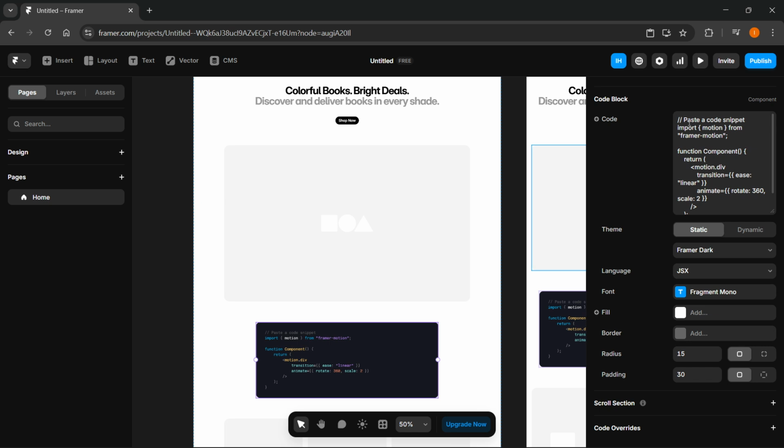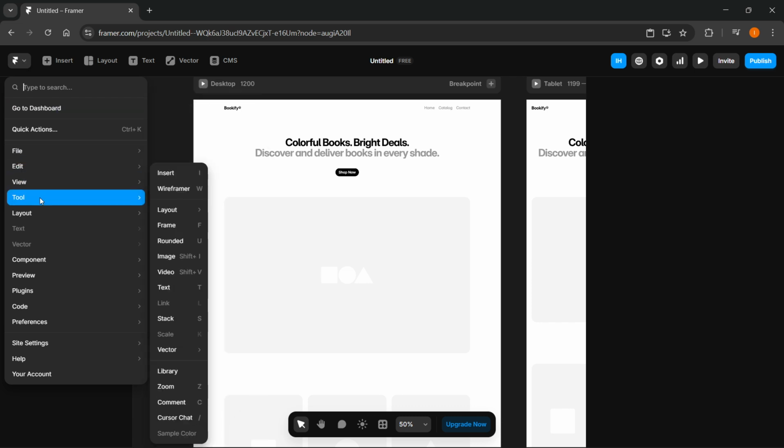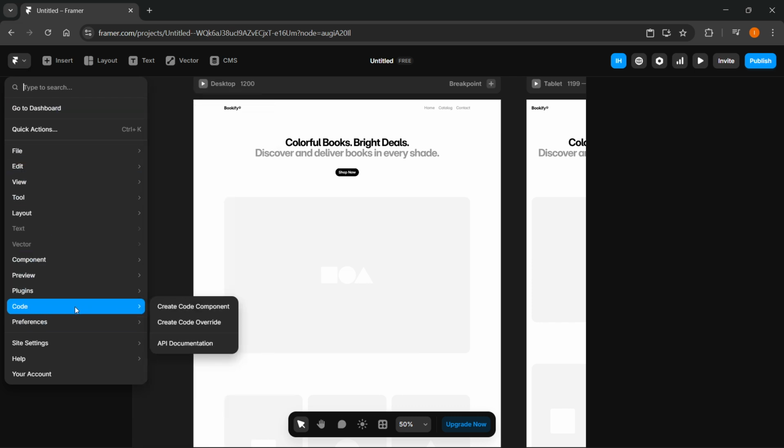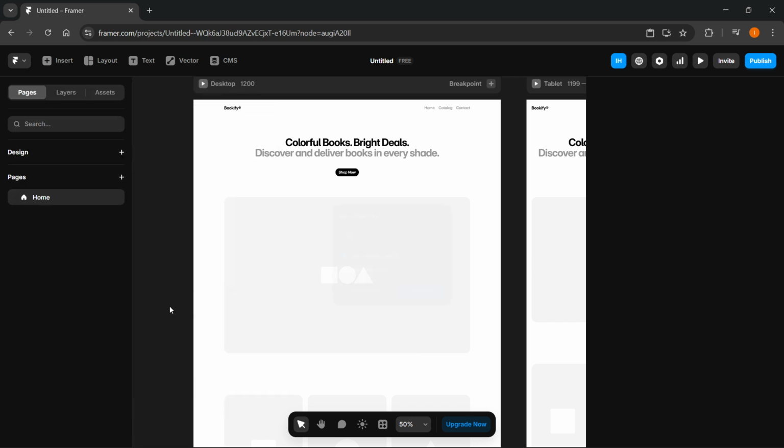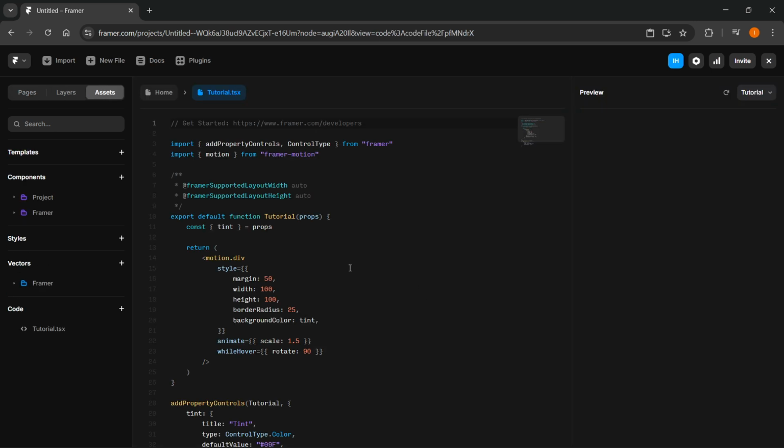However, if you wish to code something from scratch, you could do that as well. So if I just move this and delete it, there we go. You want to go to the top left and click on this logo, and then at the bottom here it's going to say code. Hover over it and click on create code component. When you do that, you must give it a title. I'm just going to name it tutorial right now, and I'm going to click on new component, and I'm going to click on create. What this is going to do is take you inside the assets tab